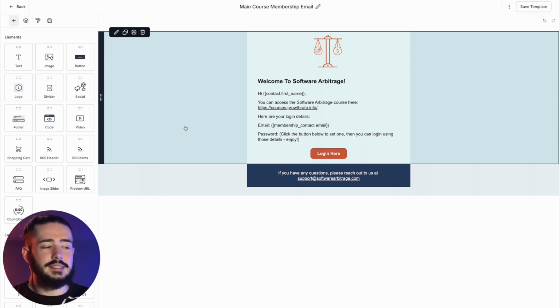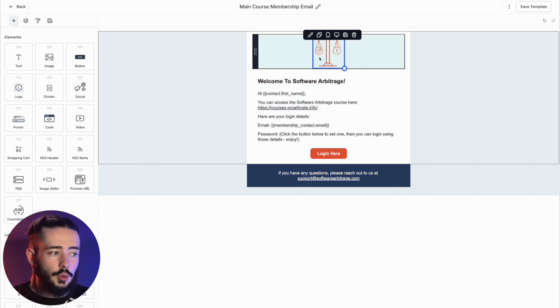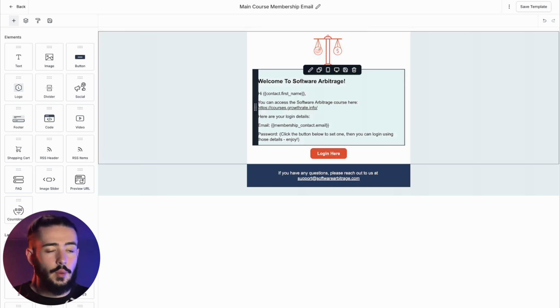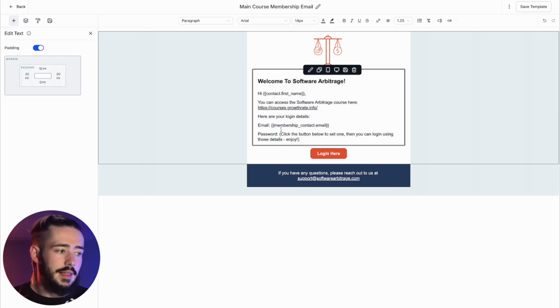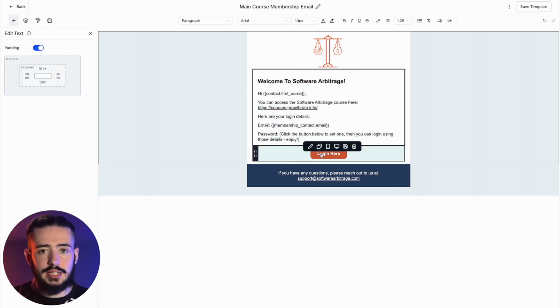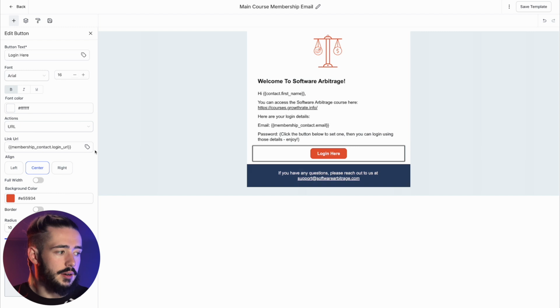Just going to pull up my exact email right here. So as you can see, I have my logo on here. I've changed the text, so I said welcome to Software Arbitrage. I just make sure everything's the same, so it says hi contact first name. Then I added in this line, you can access the course here, and then I've put my course URL. Here's your login details, email, and then the password. So what people actually need to do is they need to set their own password to get access to the course. So I have this simple orange button here that says login here, and then the link URL is